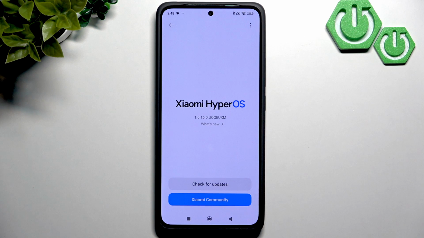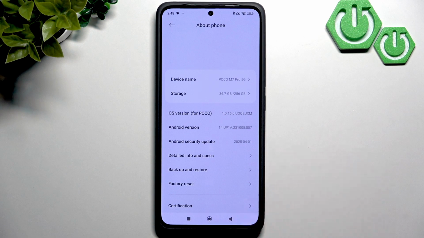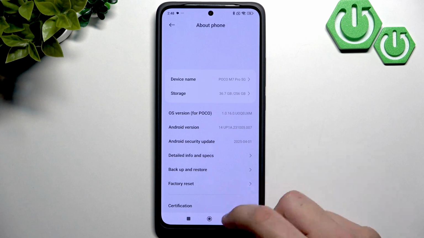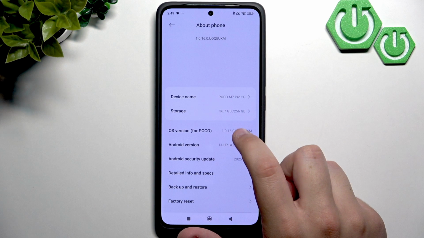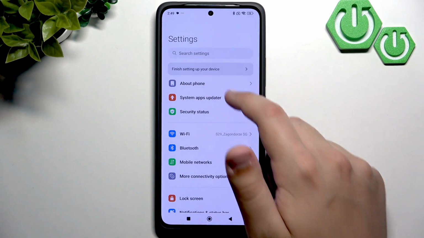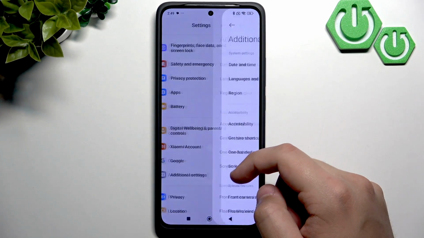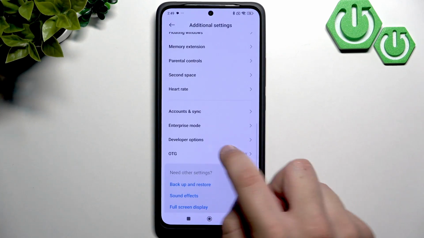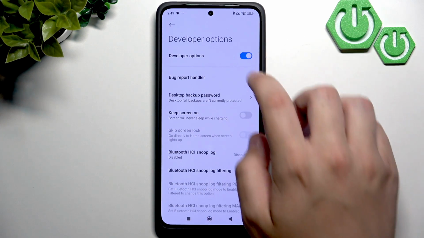Now what you can do is try turning off the developer options if they are enabled. If they are not, then you're good to go. Basically, if you want to enable them, you need to go over to, let me show you, about phone, here click on OS version, and now we are a developer. Now those settings should be either here or right at the bottom in the additional settings. Now here we have the developer options, and now if they are enabled for you, then simply click here, and